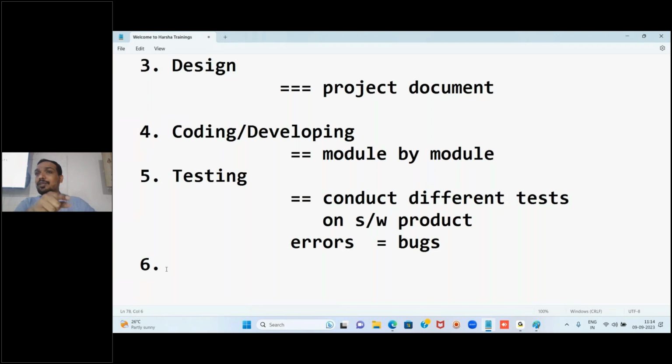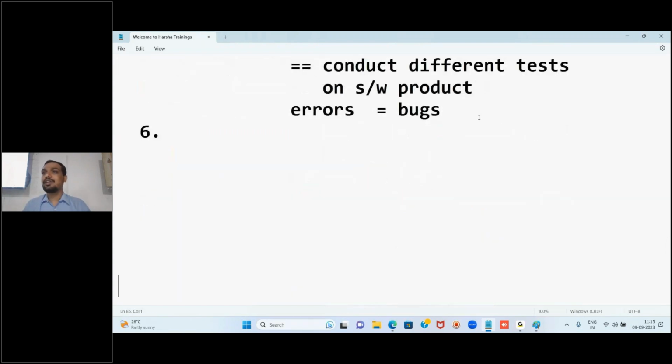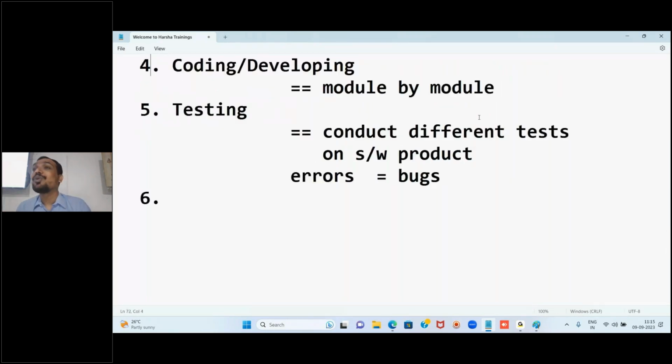And once this is done, where is this happening? Inside the company, the IT company. Where are the developers sitting? Inside the IT company. Where are these testers sitting? Inside that IT company only, right? You forgot or you remember this? Hello Healthcare company is asking for all these things where the development is happening, High IT Solutions, everything is happening. But this Hello Healthcare people want to launch one website called hellohealthcare.com or something. Everyone should access it. But now the code and everything is working, but where is it working? Only in these computers, local computers it is working. But that should be made available to all the customers around the world, right? For that purpose, here what people have to do is people will be deploying.